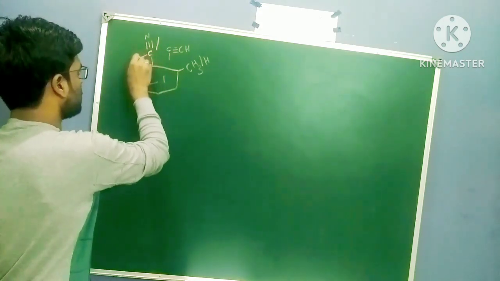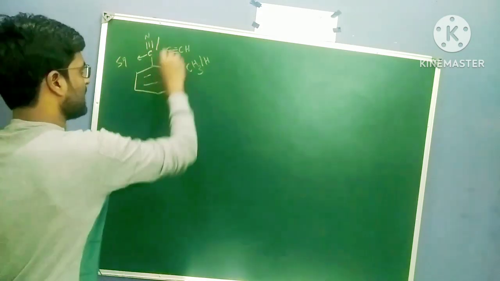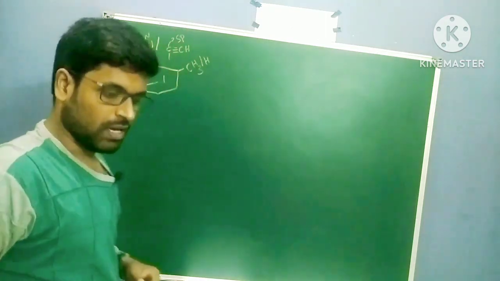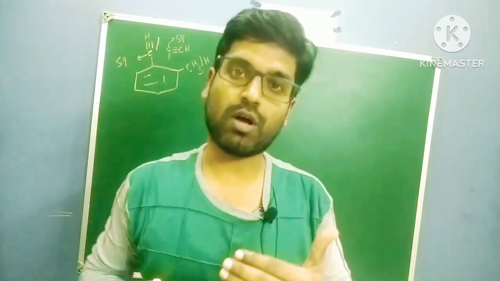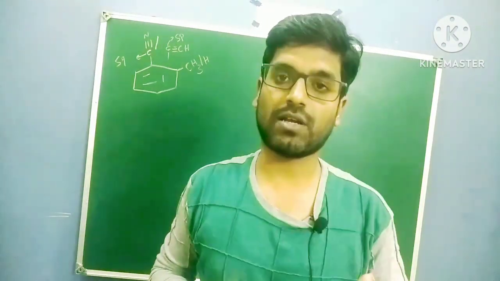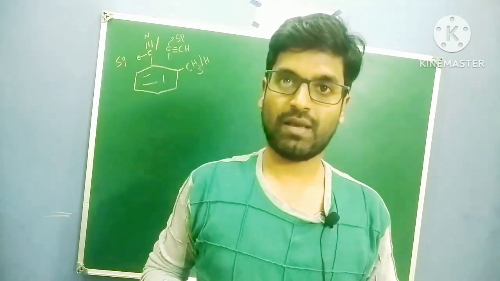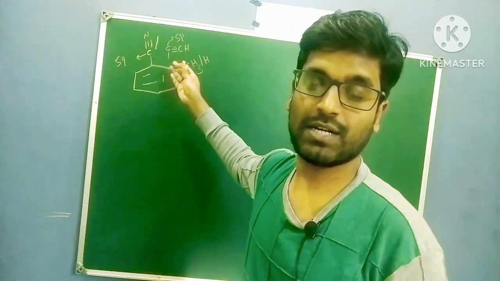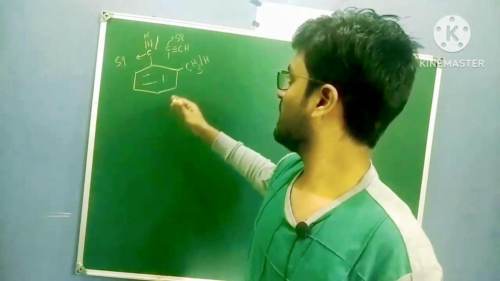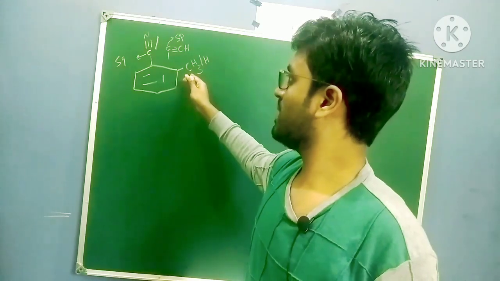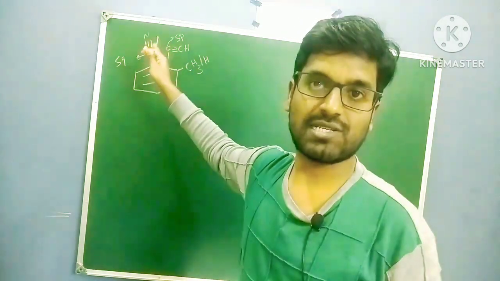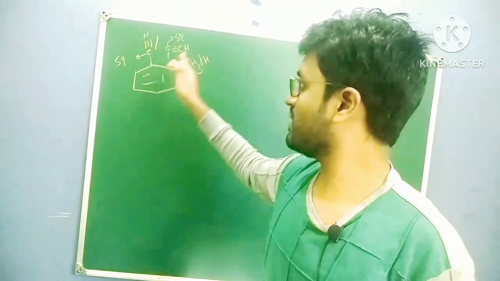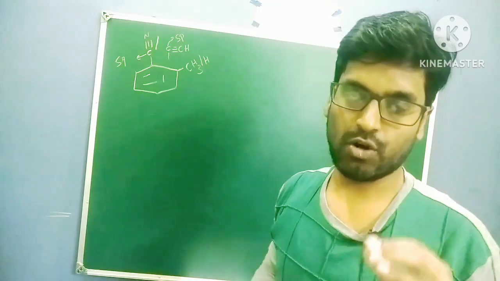The reason is, here this is the bulkier group, no doubt, but this group is an sp hybridized group. This carbon is sp hybridized carbon, and this carbon is sp hybridized carbon. 1, 2 sigma bonds, so sp. Whenever we have sp hybridized carbons, sp hybridized groups, they are linear groups. They are always on plane. So irrespective of the nature of the group, even if it is bulkier or not bulkier, this group will not change its position. This is the exceptional case you have to remember. So in this case, steric inhibition of resonance will not be there.